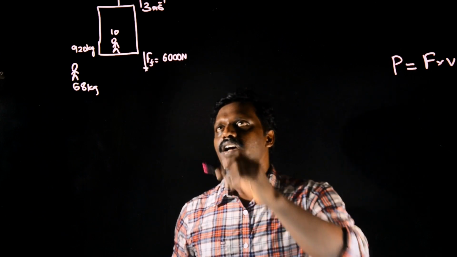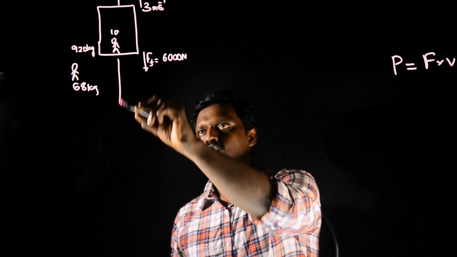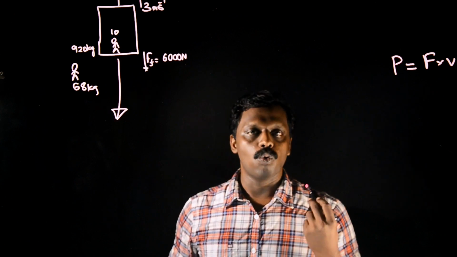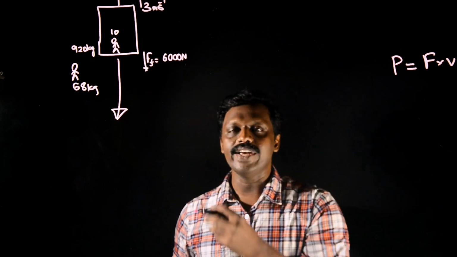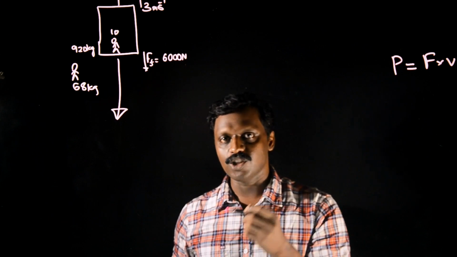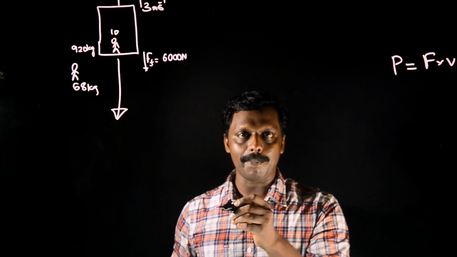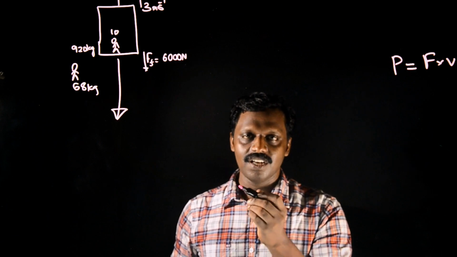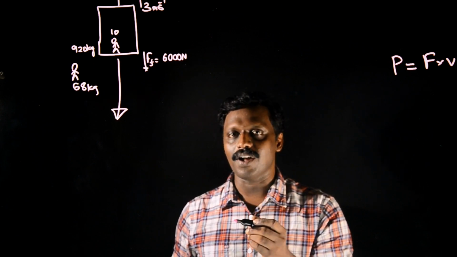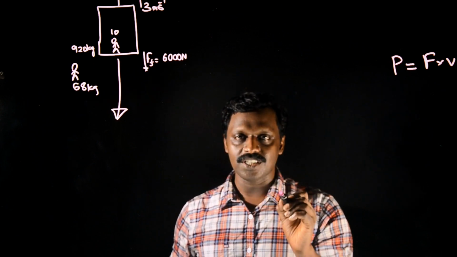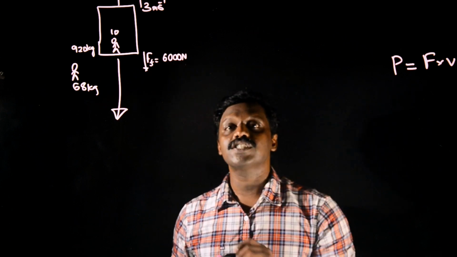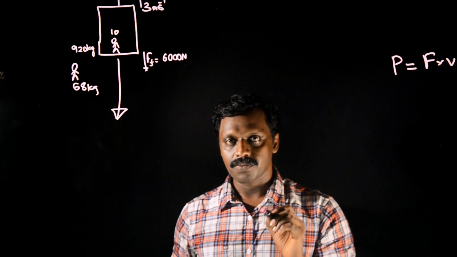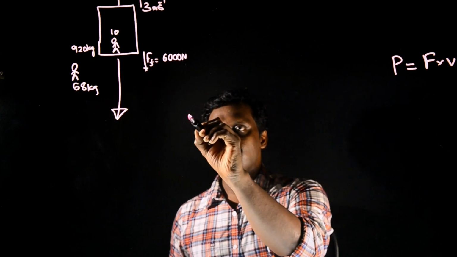We know that the lift is moving upwards, so it has to do work against gravity. So the weight of the lift plus the weight of the maximum capacity, that is 10 persons with an average mass of 68 kg, plus the frictional force 6000 Newton. So the total force will be equal to